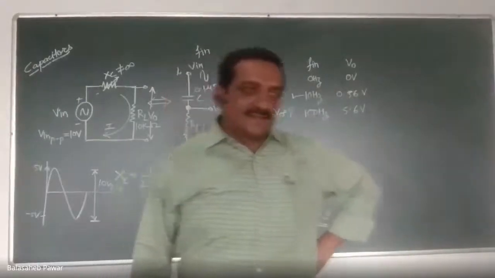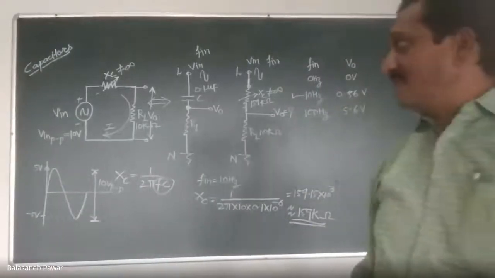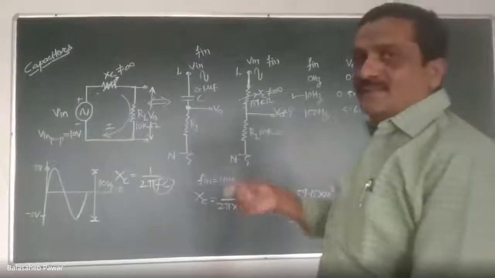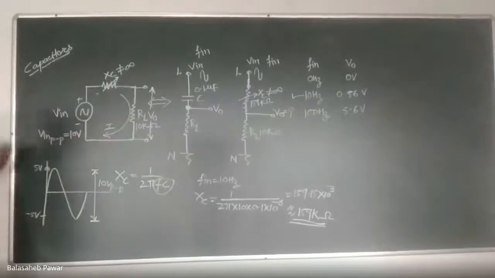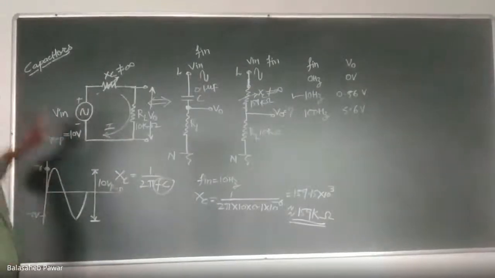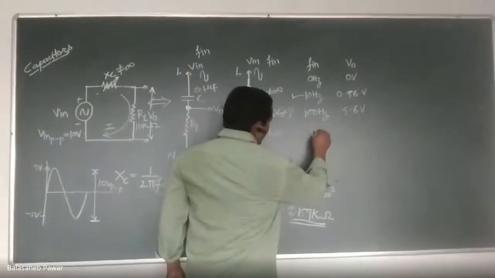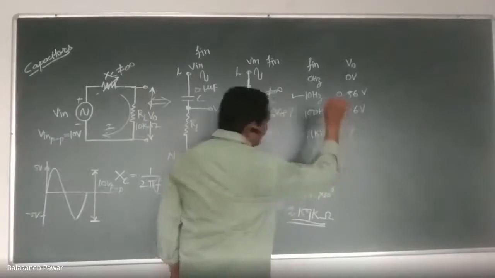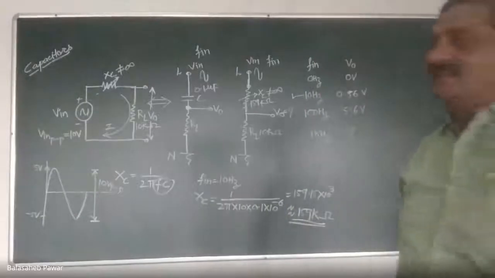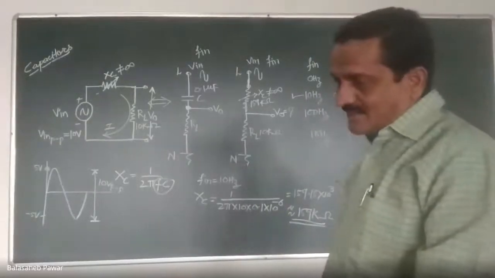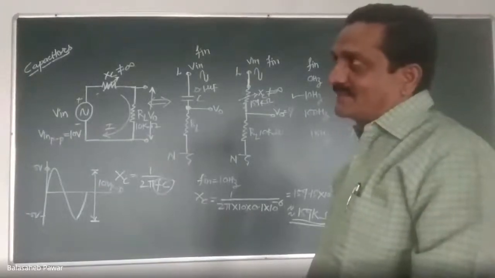Now, by this calculation, what did you understand? For the shown circuit, whenever we increase the frequency from 0 hertz onward, there is an increase in output voltage. We'll take one example. Suppose this input signal frequency is 1 kilohertz, so that it will be very clear to you now. If it is 1 kilohertz, Fin, what will be the effect on Vo? Vo will increase, is it?